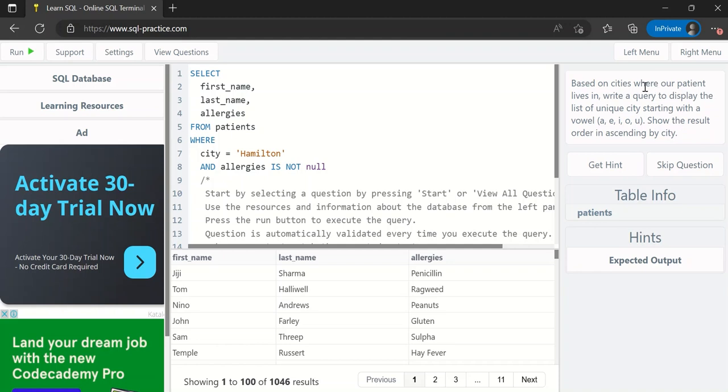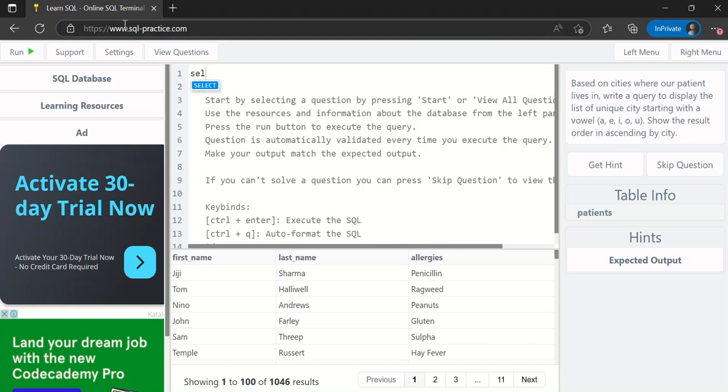Based on cities where our patient lives in, write a query to display the list of unique city starting with the vowel A, E, I, O, U. Show the result order in ascending by city. So I have to show the list of unique city, distinct city